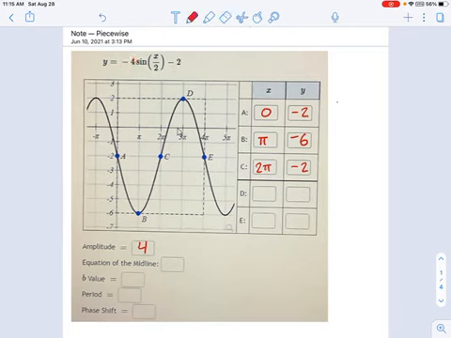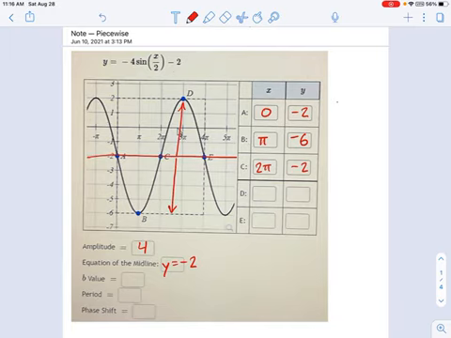Well, take a look. We've got our midline here. I'm going to draw the midline right there. You can see that's in the middle of the function. That's why it's called the midline. So maybe let's just fill out the midline while we're at it. y equals -2. There's the equation. And you could have seen that right from here. But in the graph, the midline runs down the middle of that sinusoid. And the height that you have to go to reach the peak, or in the other direction, the distance you have to go to reach the trough, that's the amplitude, which is 4 in either direction, and we can put that right here.